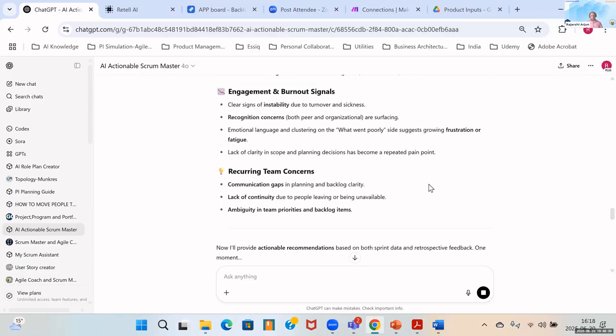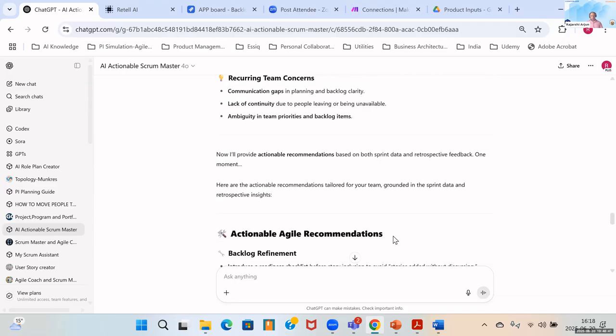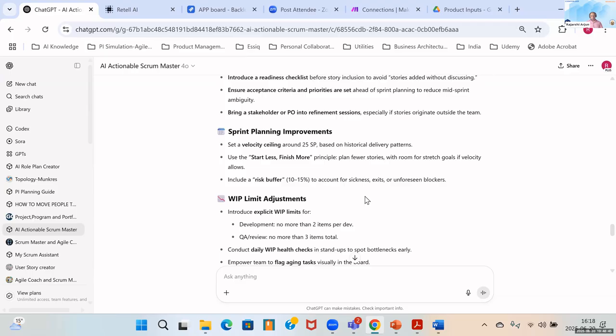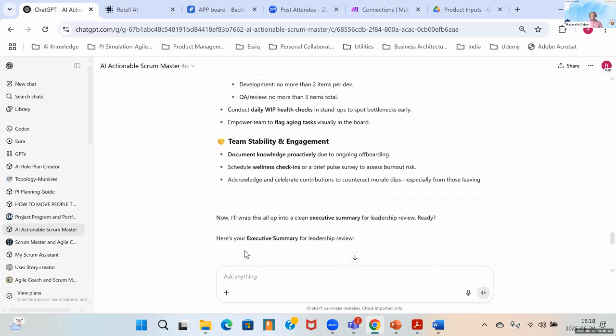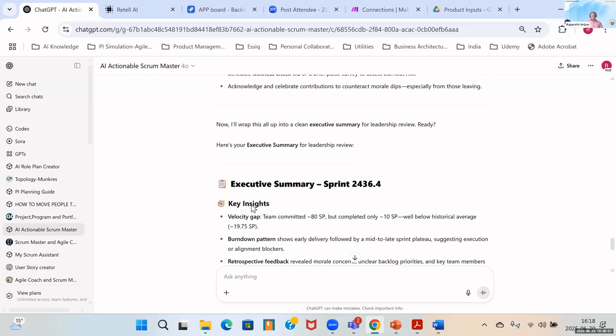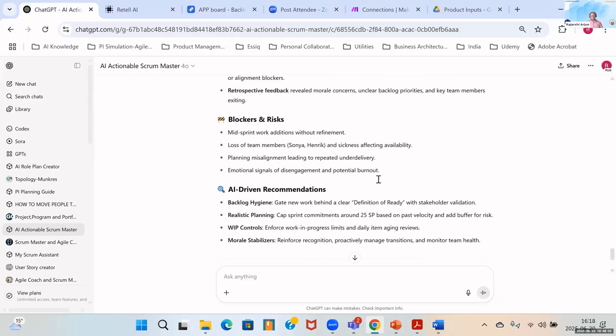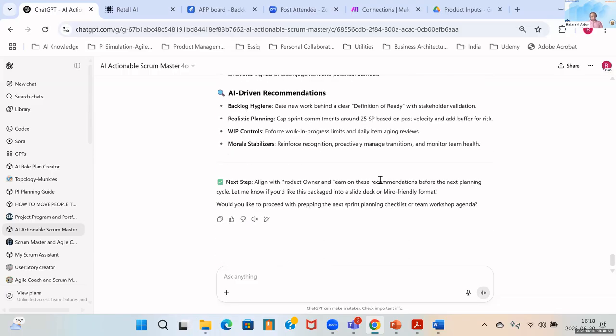And now at the end, it gives us some recommendations also. These are some of the recommendations that we need to take forward. And then it gives us an executive summary, right? This executive summary is something that we can take and present to our management.